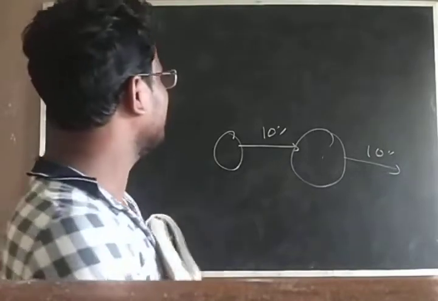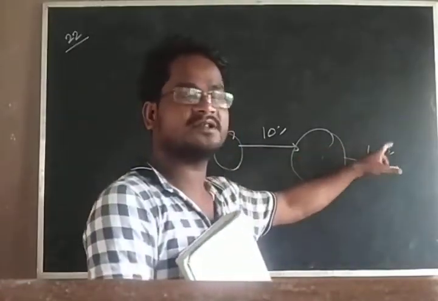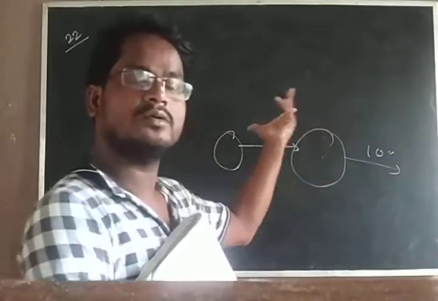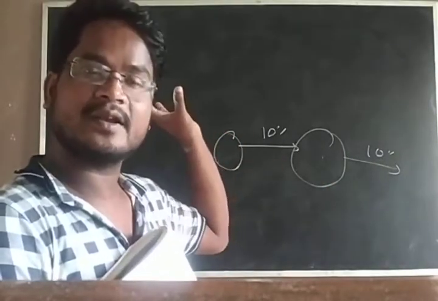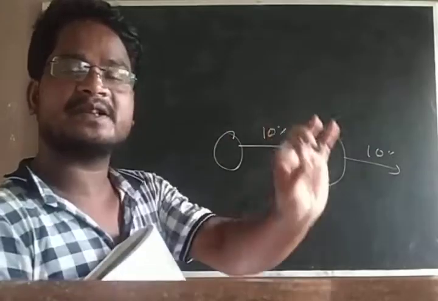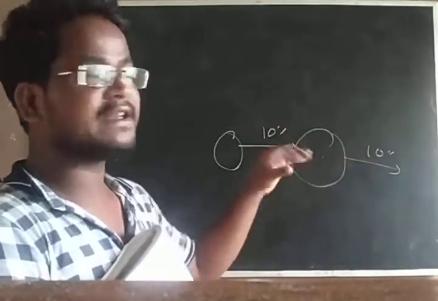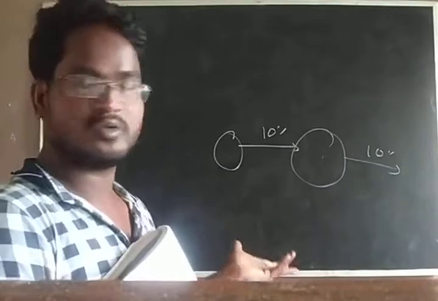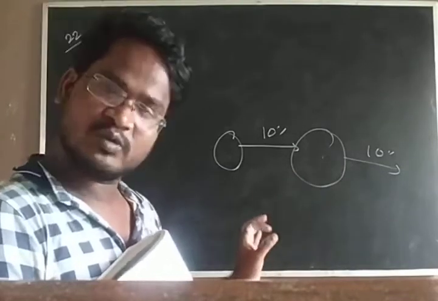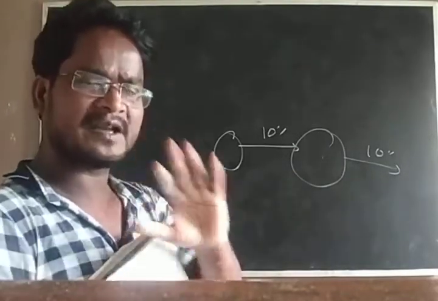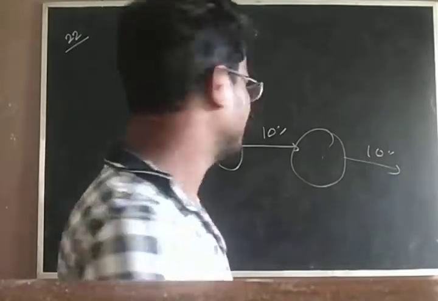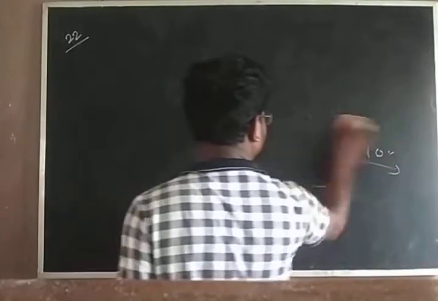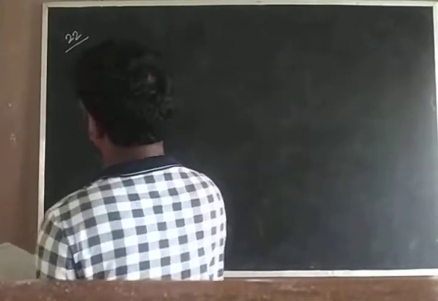Some students will say 10% increase and 10% decrease, so the same. Like the cow maths I gave: one cow sold at 10% profit, another cow sold at 10% loss. There is no profit, no loss. Some students have written that now, but you got 4%. 4% is loss. Okay, same as original? Don't think the same.